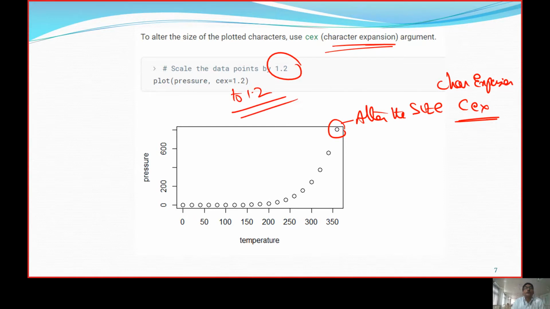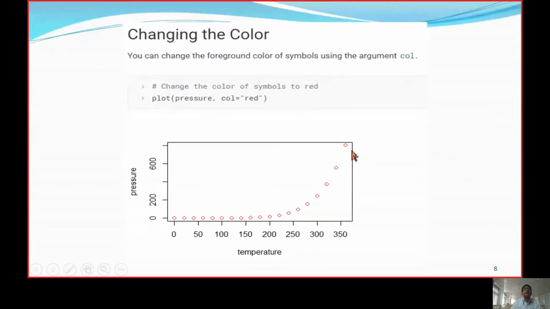That's how we are going to give the value. The size of the symbol can be enlarged. The plotting character size can be enlarged, so we call that character expansion.